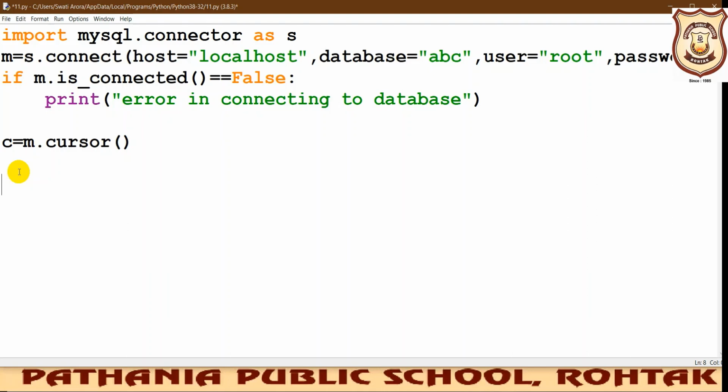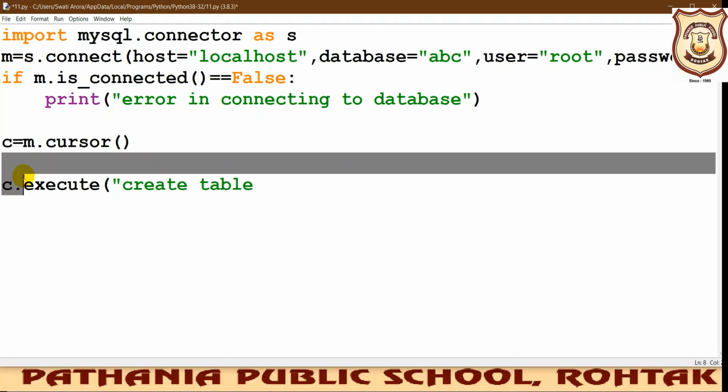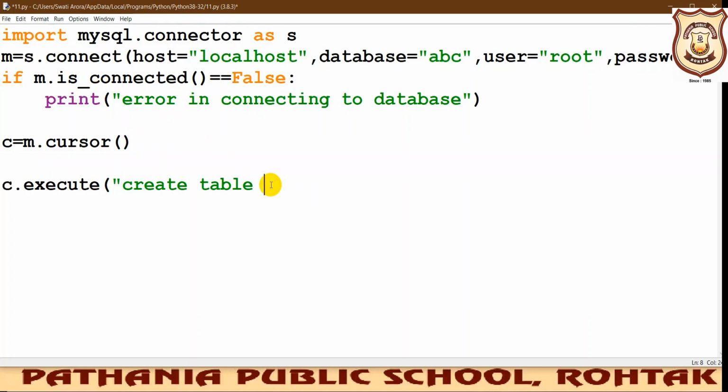We should write again the c.execute command, then we will write the command to create a table inside our Python that will ultimately be created in your MySQL. So create table student 1, let us say we are creating.